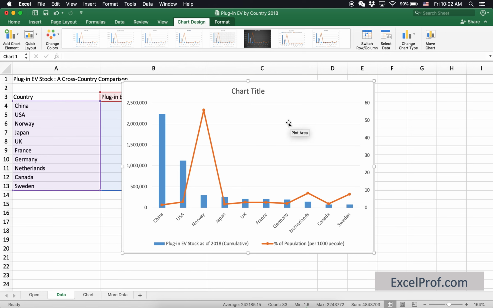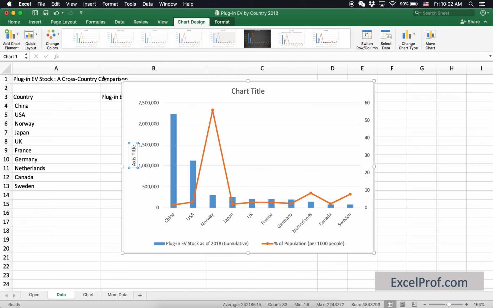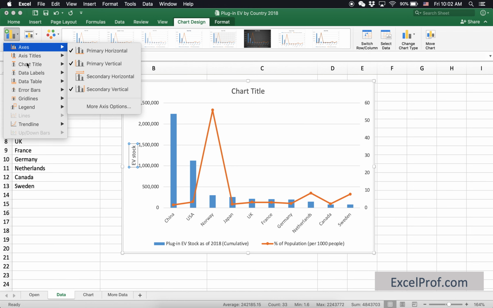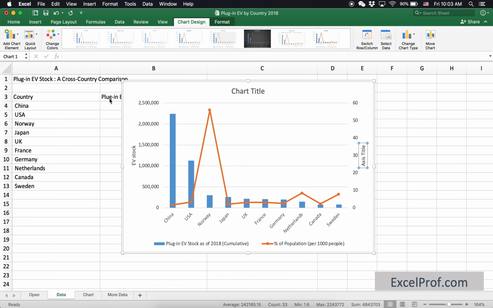Now before we finish though, it's important to clearly mark what the axes are. So in order to do that, we go to add chart elements. So let's see. Axis title, there are primary vertical, which is the one on the left, and secondary vertical, which is the one on the right. So let's do that. Primary vertical. Okay, we're going to type EV, well, let's say select all of them, EV stock, and then we go to the secondary vertical, and we're going to say